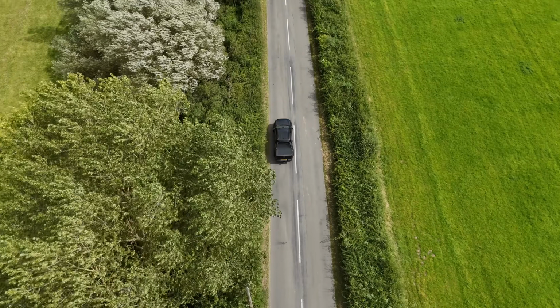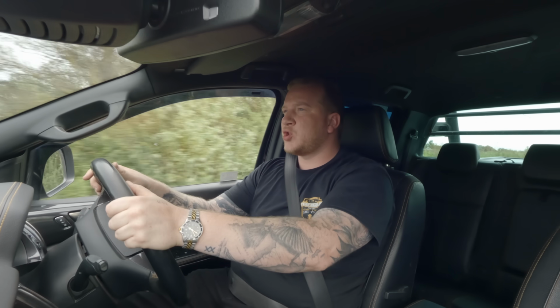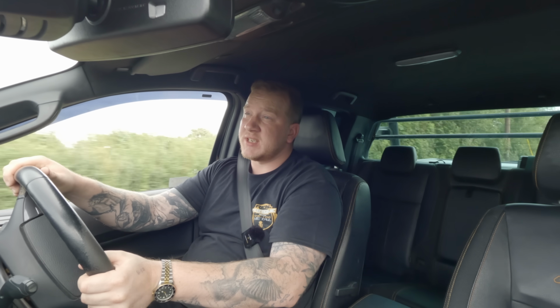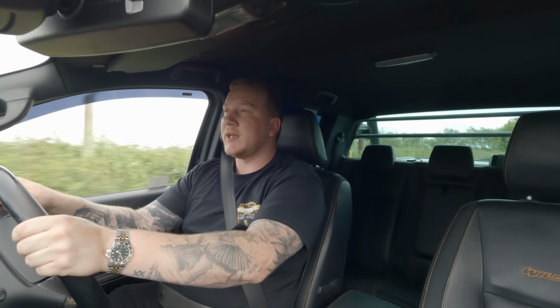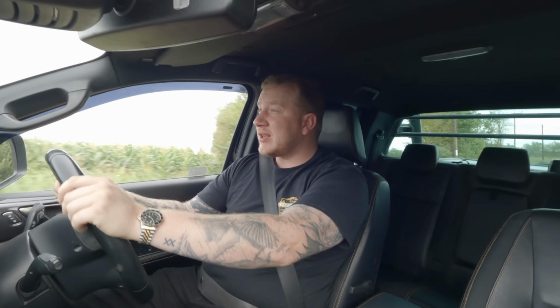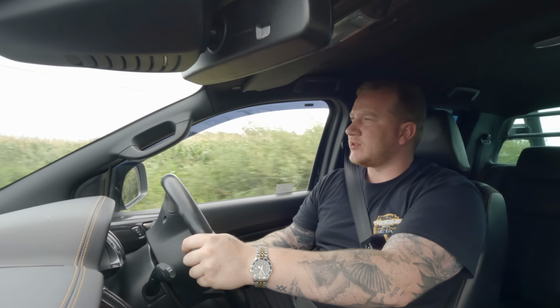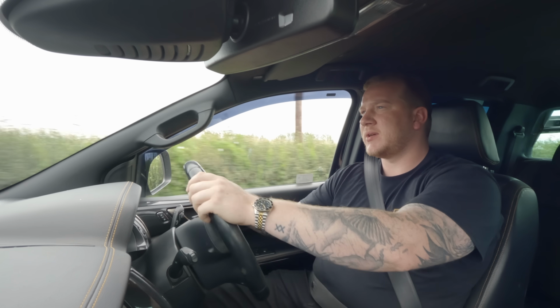Considering what it is, though, it does have very nice light steering. I don't feel like this would be too intimidating to drive. It doesn't even feel as big necessarily or as wide as the BMW 7 Series that I've been driving around recently. You certainly feel high up, possibly higher up than you ought to. I suppose you feel a bit like you're driving a transit van, but a slightly less wallowy version of the